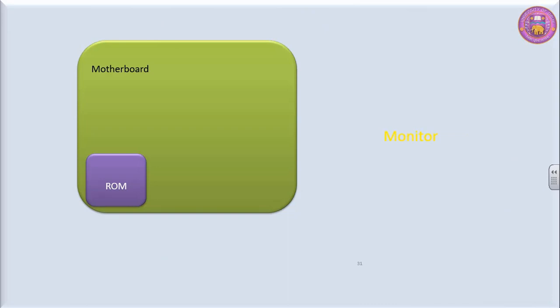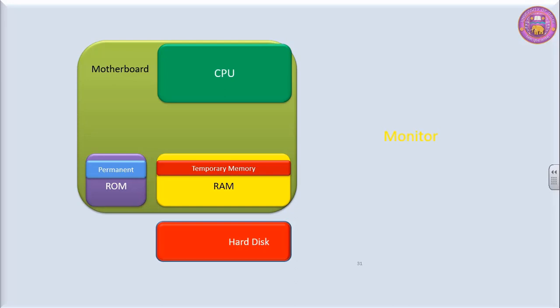Look at the same example. The moment we switch on the computer, the instruction from the RAM comes out and searches for the operating system on the hard disk. It locates the operating system on the hard disk and takes it to RAM.